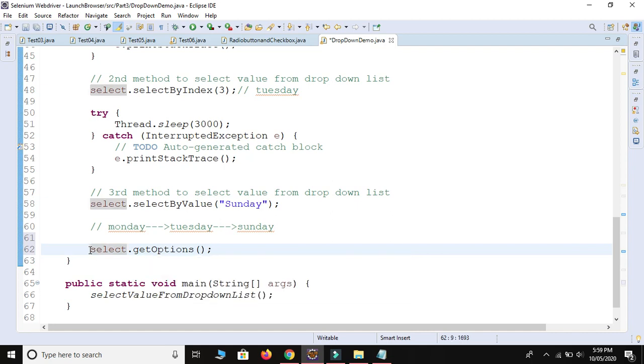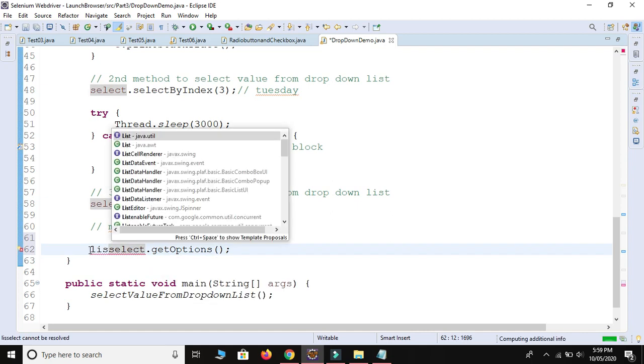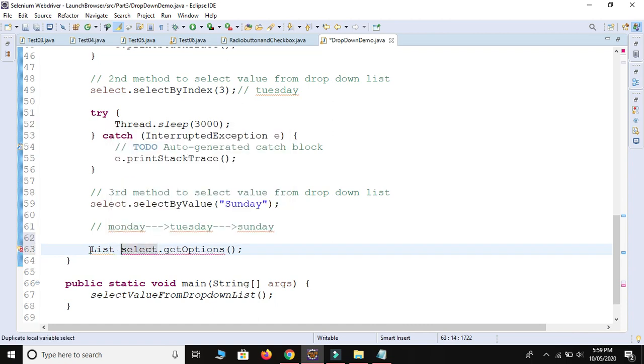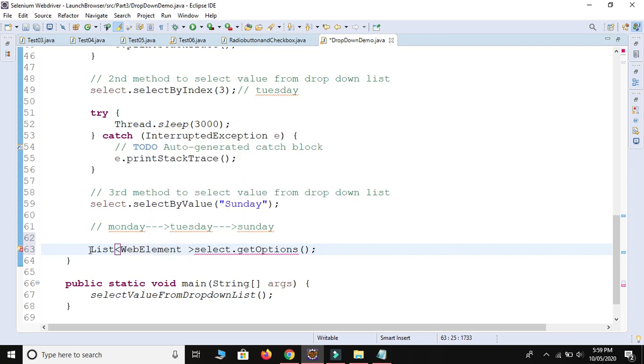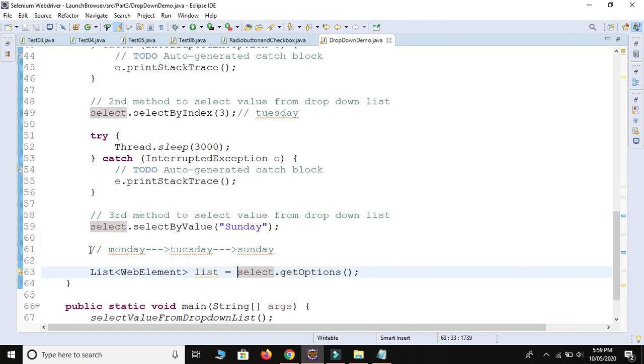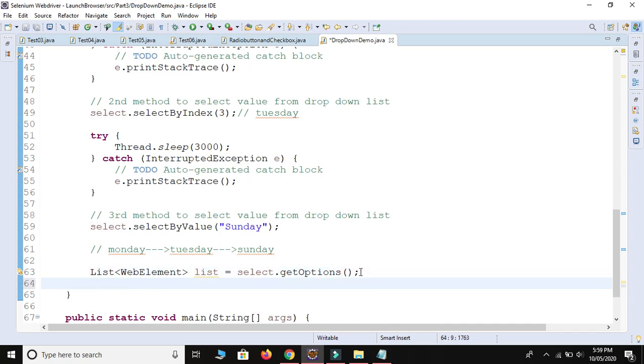So we use List from java.util. List is the interface, list of type WebElement, because each and every one is a sub element. So we use WebElement and list is equal to, okay, Control Shift F and Control Save.